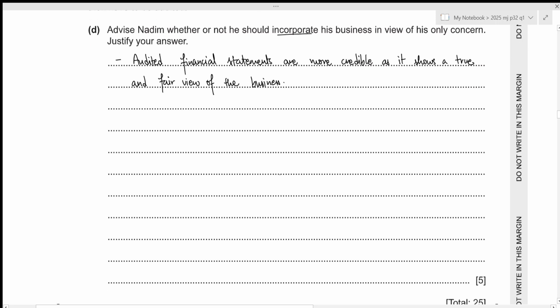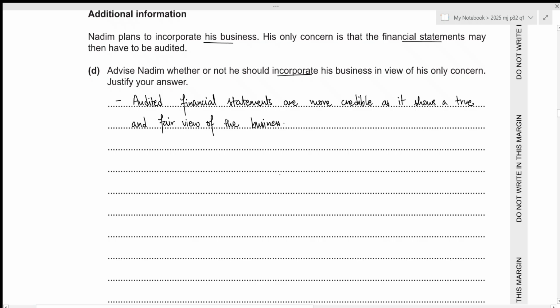Let us also look at the marking. This is of 5 marks. So we need to have 2 points for why it should be audited, 2 for why it should not be audited. The second reason is the auditor might catch all of the fraud and errors more easily. Let's write it down. Auditor